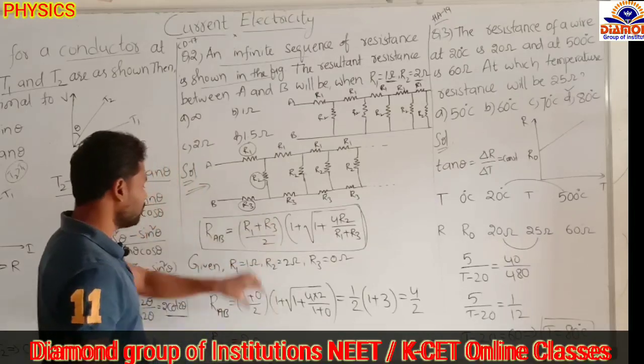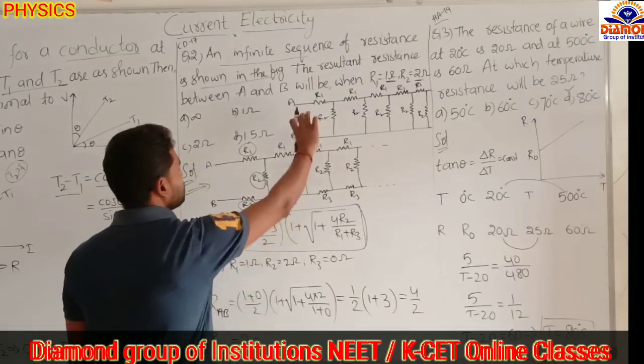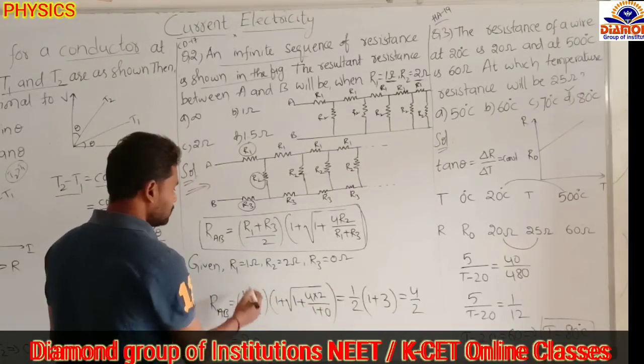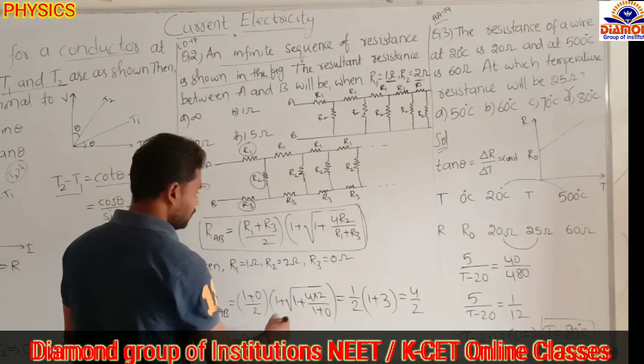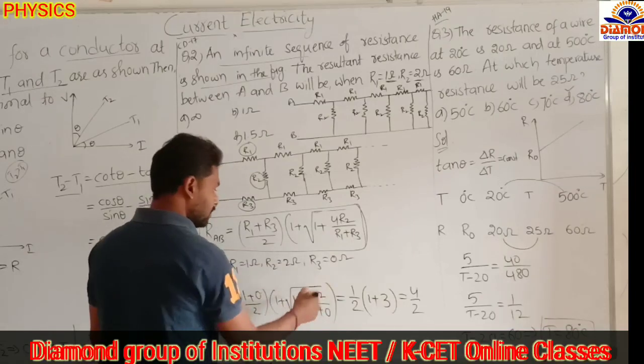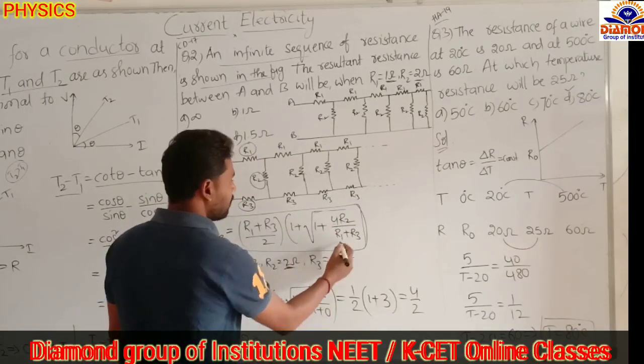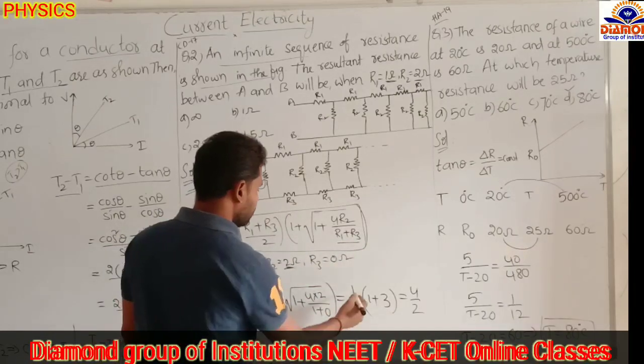Okay, then substitute in the formula, RAB equal to the resistance between these two. R1 plus R3, R1 is the 1, R3 is the 0, by 2 into 1 plus square root of 1 plus 4 into R2 value, they given 2 ohms, by R1 plus R3, 1 plus 0, equal to